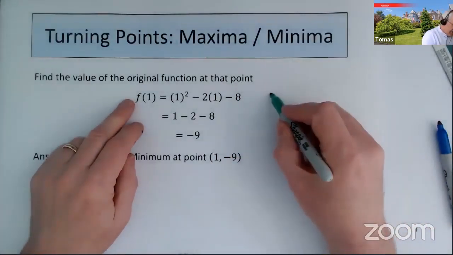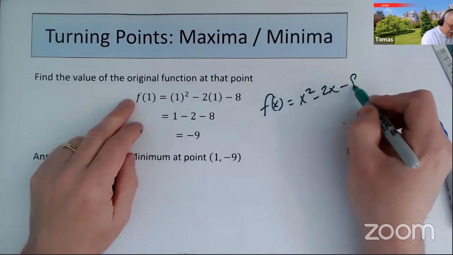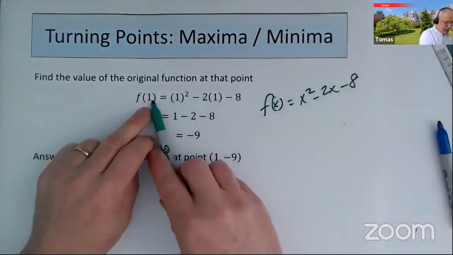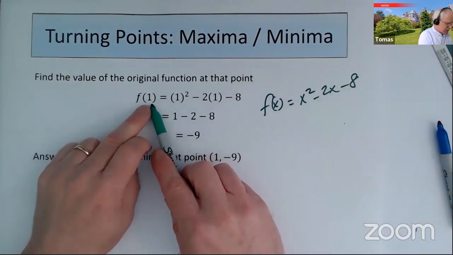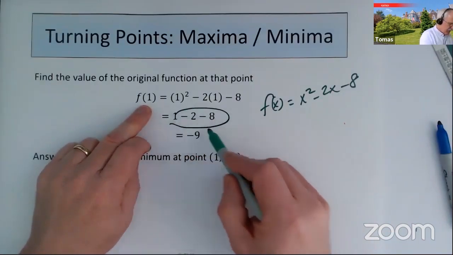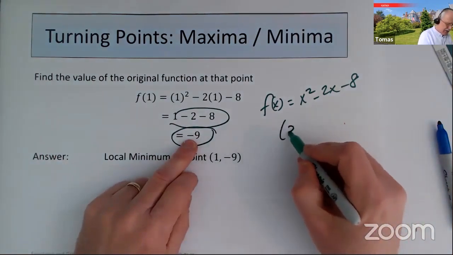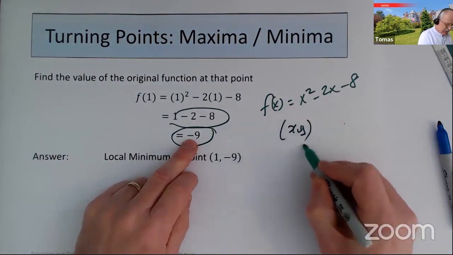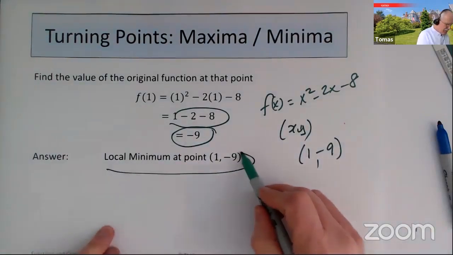Now, the original graph, you remember, was f of x equals x squared minus 2x minus 8. And now I'm going to plug in f of 1 for that, because I know 1, the value of x, is where it's interesting. So 1 squared minus 2 times 1 minus 8 gives a y value of minus 9. So the xy value is turning out to be (1, minus 9). So the local minimum point,